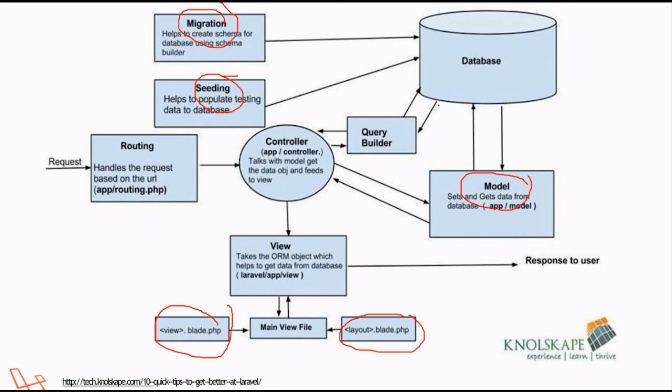And as you can see, the database is also there. If the model needs that kind of data, it can search and get the data from the database. Similarly, it will communicate with the controller to display the same thing. Two direct things are over here, that is migration and seeding. Migration helps to create a schema for the database using the schema builder. Whenever you are working in a team and many people are working on the same database, and there is a need to add one column or some other change at a certain point in the database, you can take the help of migration.